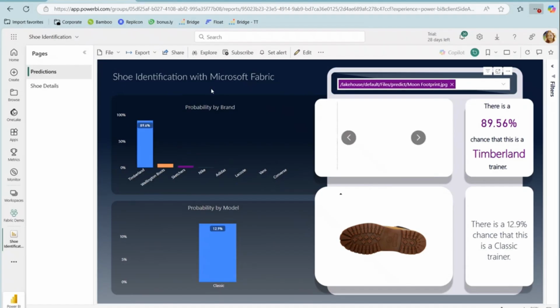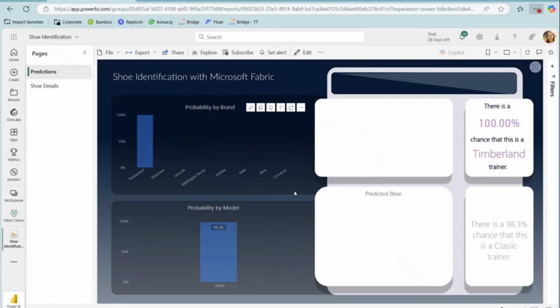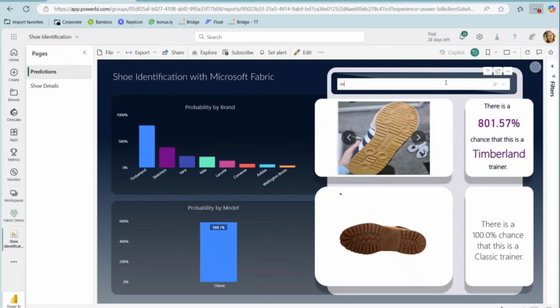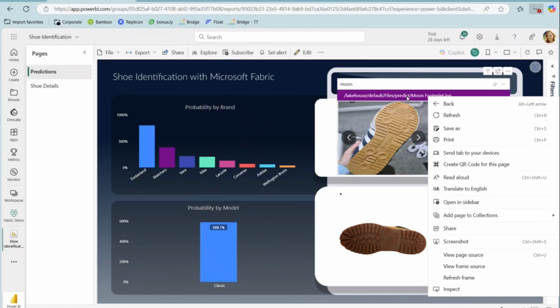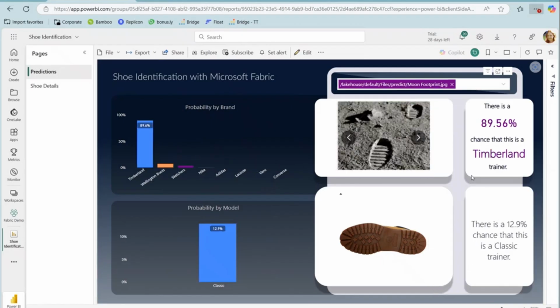So if we try the moon boot. That's the filters in Power BI. It only works when we've selected one at the top here, so it's just summing it all up for the rest of the time. So it still thinks it's a Timberland today, but that's the thing with the model. Every time you train it, it gives you slightly different results. When we trained it in Stockholm, it thought this was a Wellington boot. So there's features it's picking up from each, and today it thinks it's a Timberland. Yeah, it does. Microphone thinks it's time to go home, but